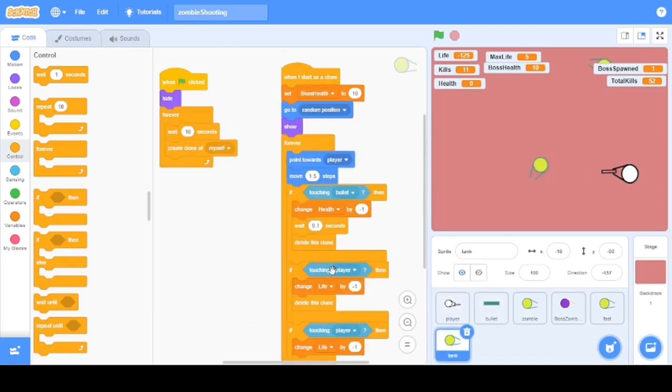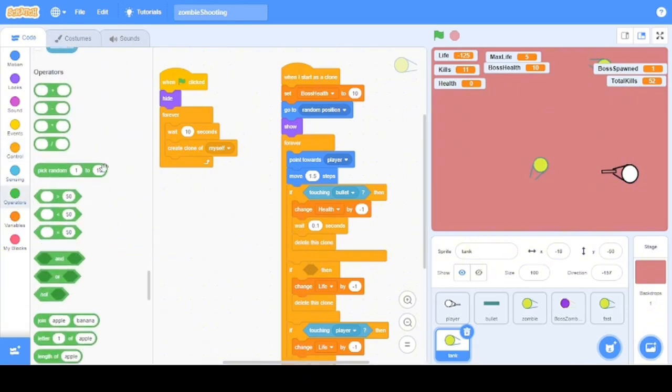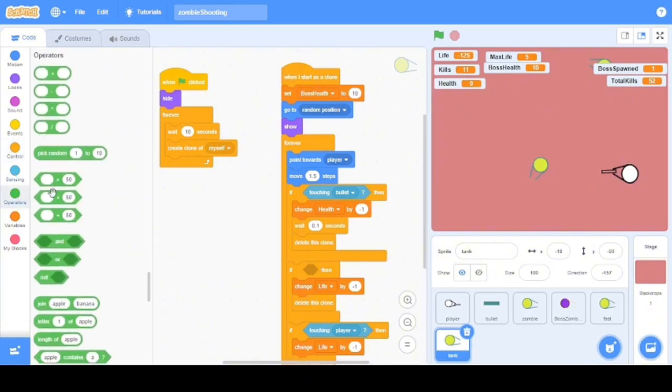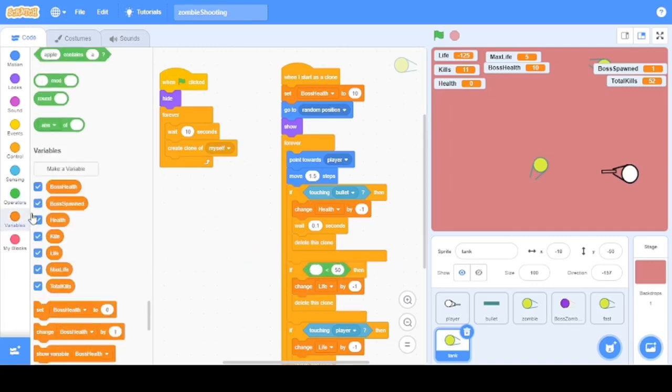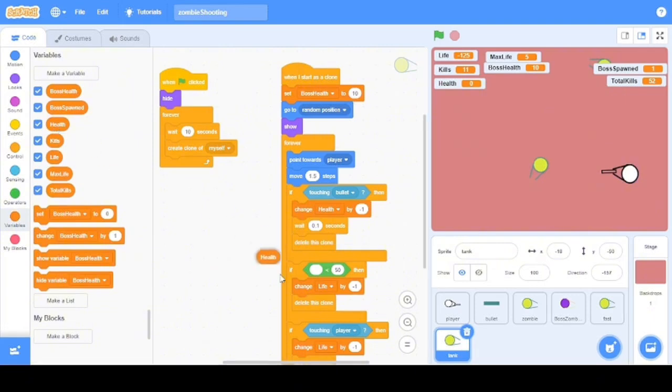Now I will remove this and go to operator and pick less than. Inside here, I'll go to variables and pick life. Now I'm going to say if life is less than 0,